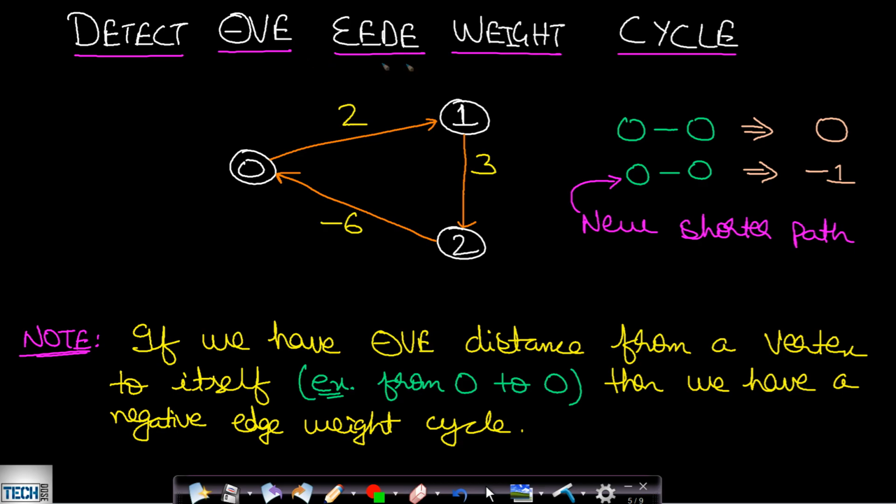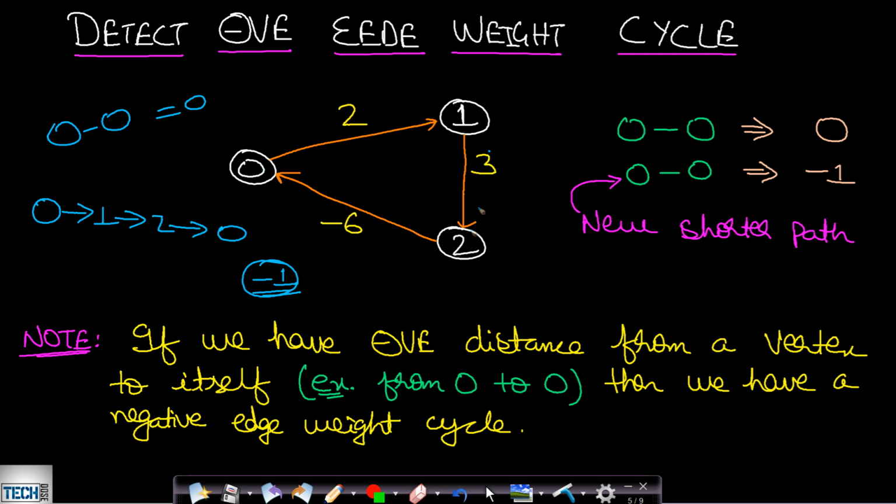Now one important thing to note is Floyd-Warshall can detect a negative edge-weight cycle. So let us assume that this is our graph, and now in this case if you start from 0 and you want to find the cost from 0 to 0, then it will be 0. Now if you try to calculate the alternate path cost, which will be from 0 to 1, from 1 to 2, and from 2 to 0, this will be 2 plus 3, 3 plus minus 6, and this will come out to be minus 1. So you can see that this alternate path has cost equal to minus 1, and since minus 1 is lower than 0, this 0 to 0 cost will now be minus 1. And as long as you keep repeating the cycle, it will keep decrementing.